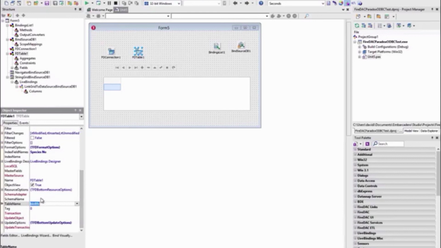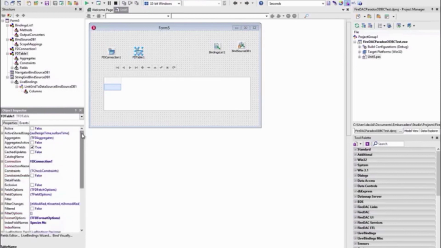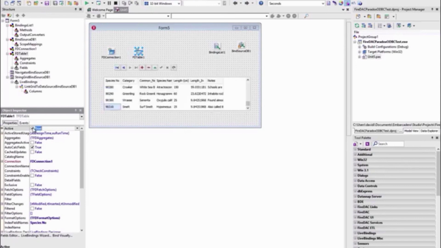Once that table is selected, it knows that the species number is the index, so the index field name gets set for me. And I can activate the table. And then I've used the Live Bindings wizard to set a string grid. So when I activate the table, I can see the data live at design time. So that's how I can use FireDAC through ODBC and keep my Paradox or DBase tables when I'm building my